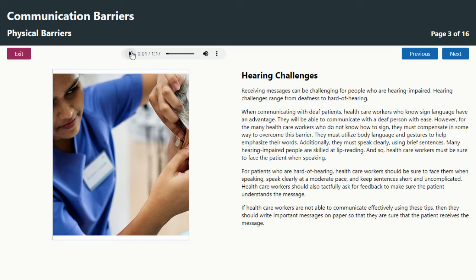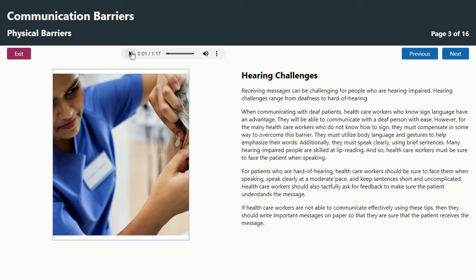However, for the many healthcare workers who do not know how to sign, they must compensate in some way to overcome this barrier. They must utilize body language and gestures to help emphasize their words. Additionally, they must speak clearly using brief sentences. Many hearing impaired people are skilled at lip reading, and so healthcare workers must be sure to face the patient